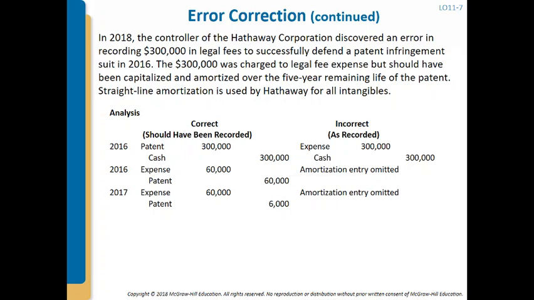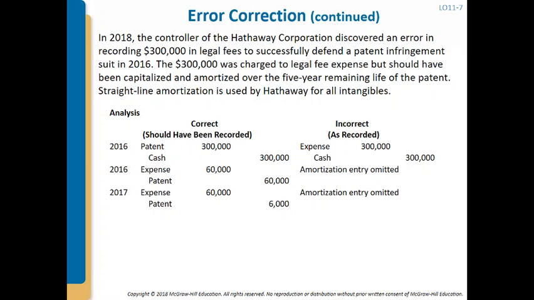The $300,000 to successfully defend a patent infringement should have been capitalized in 2016, but it was immediately expensed, and so it should have been capitalized and amortized over a 5-year remaining life of this patent. Straight line amortization would have been used,